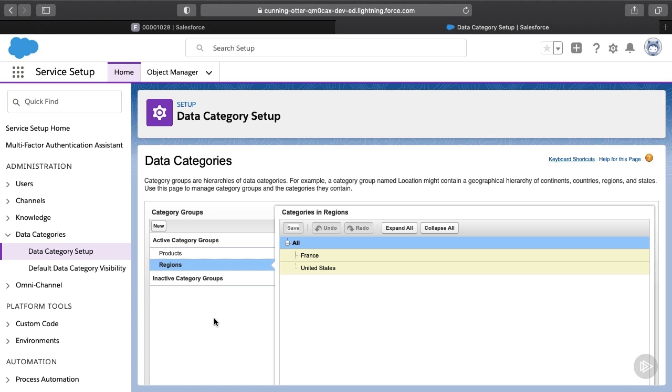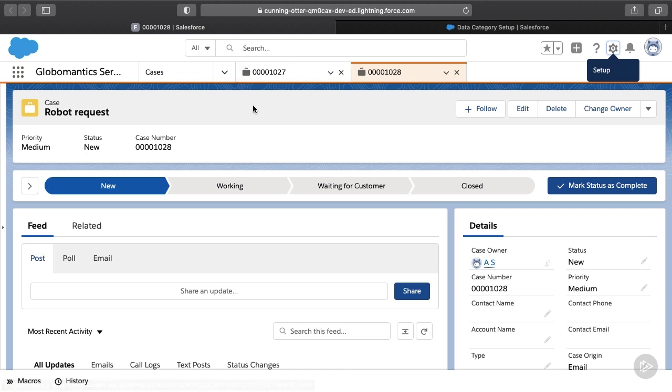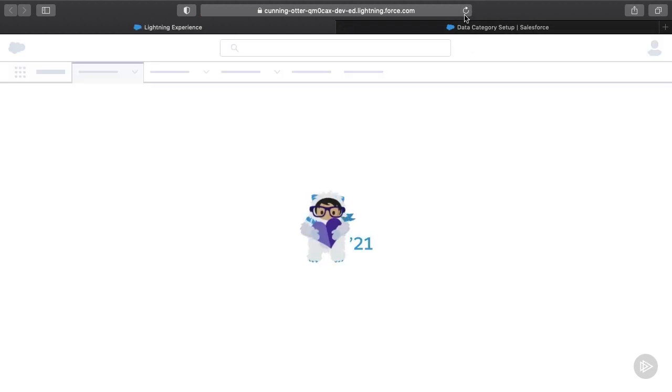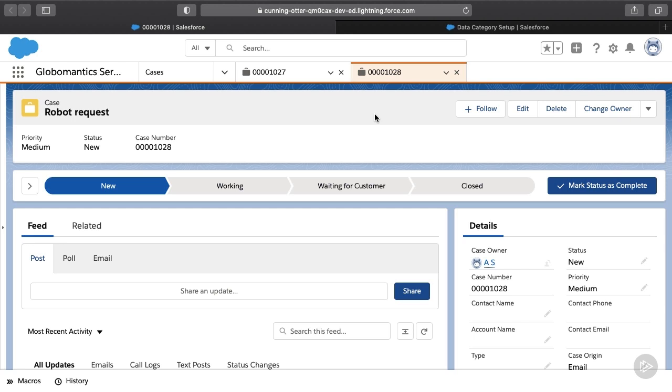The last thing we need to do is go ahead and configure our first knowledge articles inside of the system and see how we can leverage them to resolve a case. Let's go back to our Salesforce user interface. And let's refresh everything. Before we create a new article, what we want to do is make sure that our users can see articles